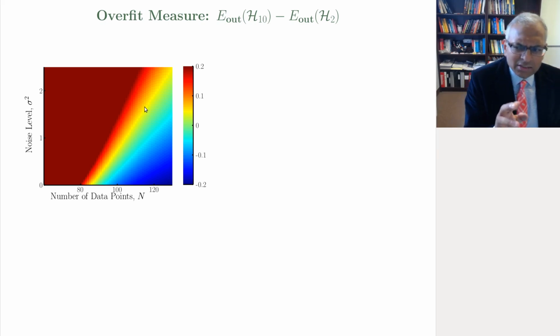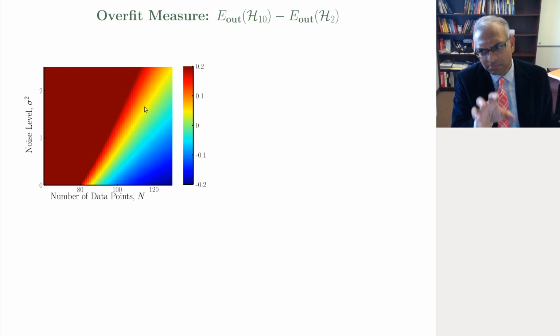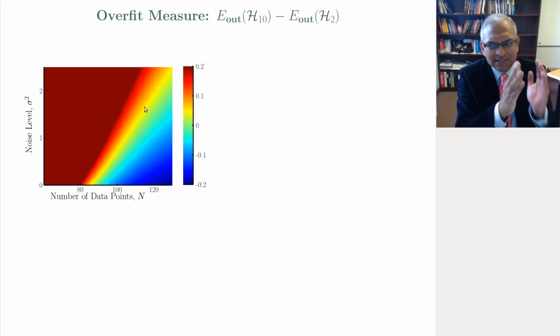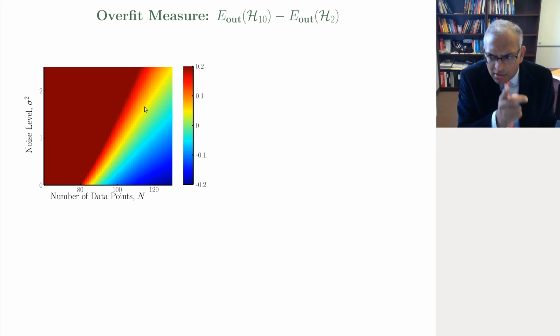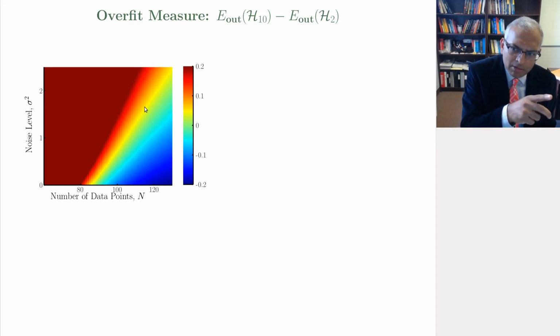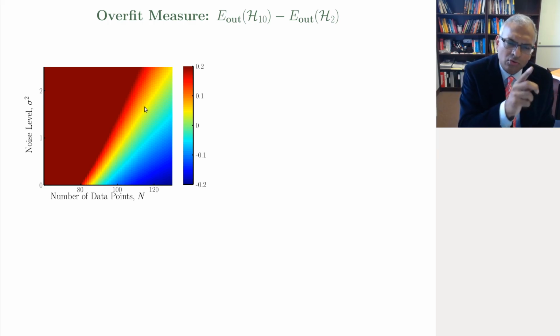And that, we might say, is sort of what we expected from intuition and maybe folklore knowledge. Okay? And here I'm showing it to you in this beautifully color-coded image. And like I said, this image is one of the headline images. It's on the front of the book. It's a very important image, which says that get ready to switch over from the more complex model to the simpler model when your number of data points goes down, or the amount of noise in your data goes up,